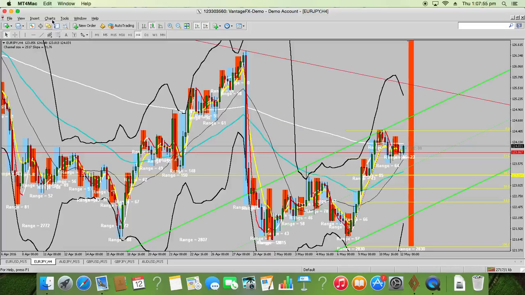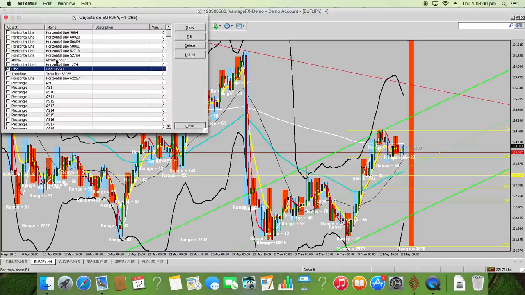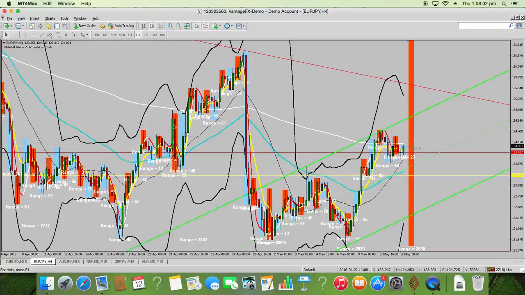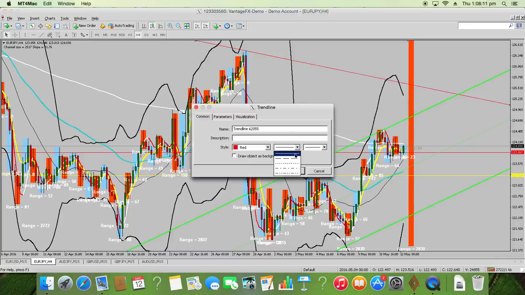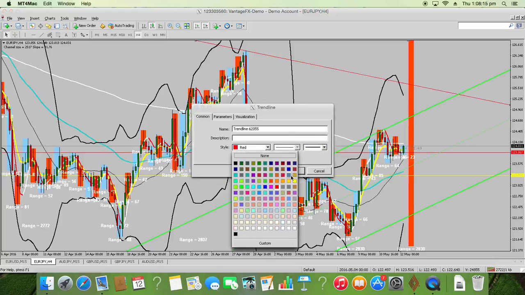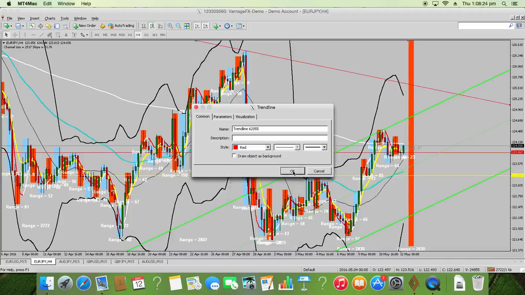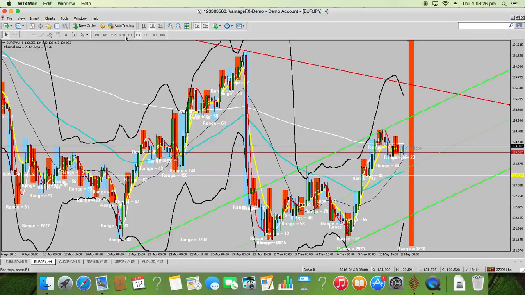Okay, so when I have them drawn in, what I would do is, let me just get rid of this fib. Say for instance, this is my support and resistance line. I'll highlight it, right click, go into trend properties, and I would make that thicker. I might even change it to another color. Say I've already got green, yellow. I'll leave it at red. So make it thicker, and the reason for that is